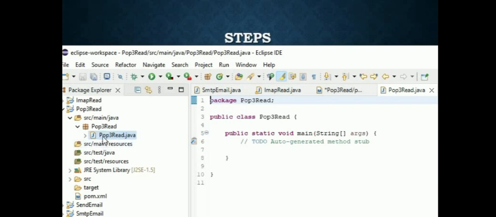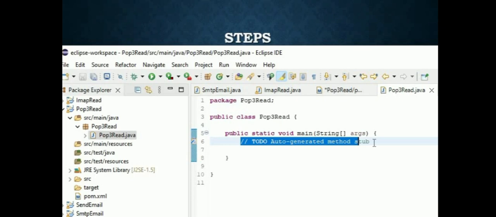Okay, now you can observe that the package name is POP3 read, and inside this there is a class POP3 read, and inside that public static void main. Whatever things are there, I have to update in this class. Okay, and next